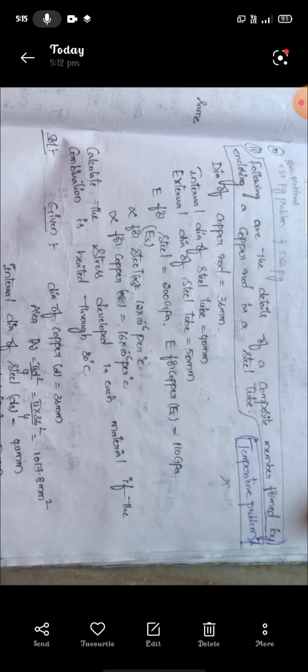So given dia of the copper rod D equal to 36 mm. So by knowing the diameter of the rod we have to find out the area of the copper rod. Area AC equal to pi d square by 4, that equal to pi into 36 whole square by 4, that equal to 1017.8 mm square. So internal dia of steel ds equal to 40 mm